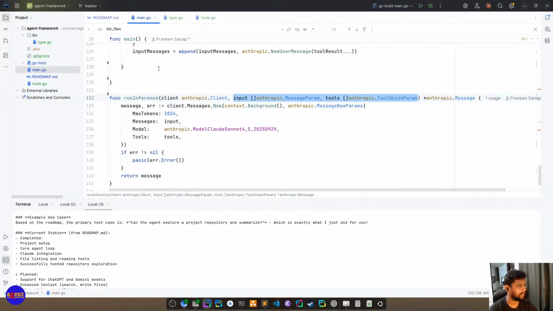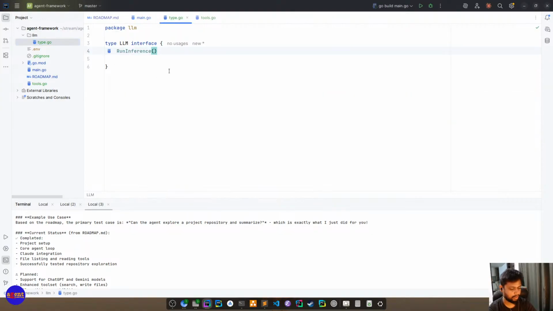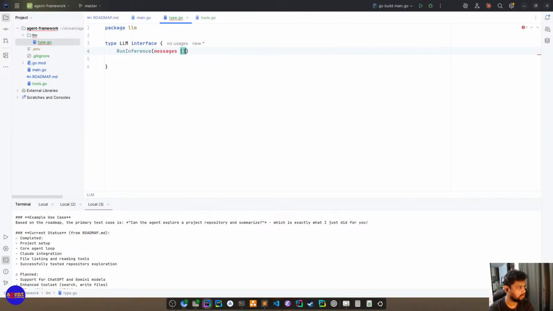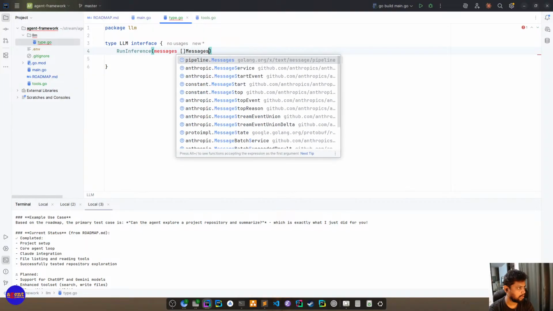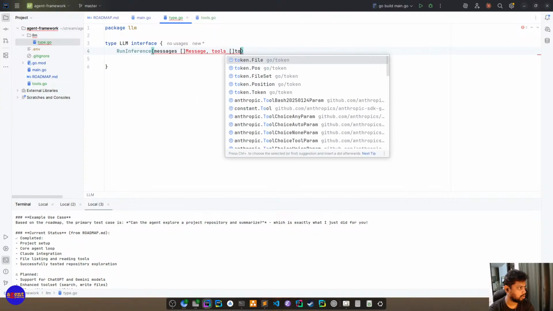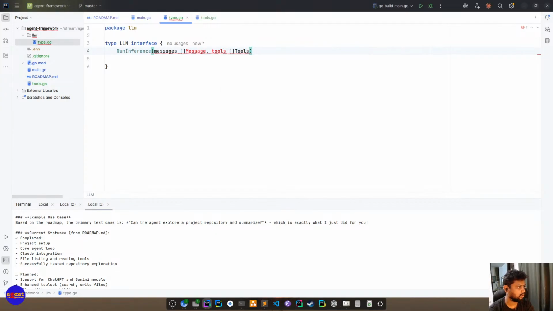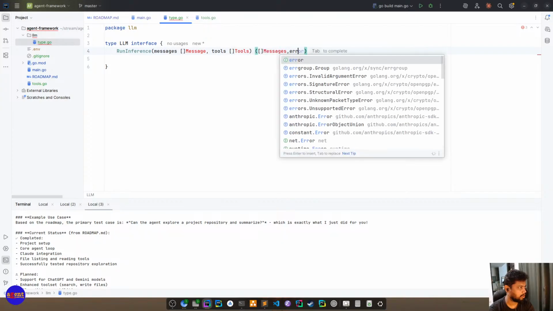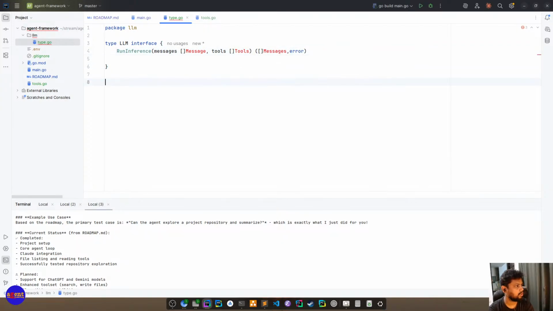So this is all it needs. So instead of sending Anthropic-specific types, we'll send our own definition here. It requires messages and tools, and it returns messages again, or it returns an error. So this is our interface.